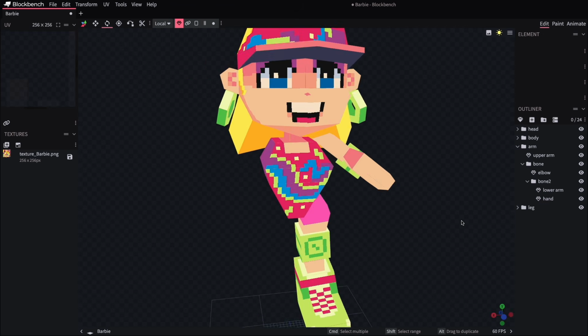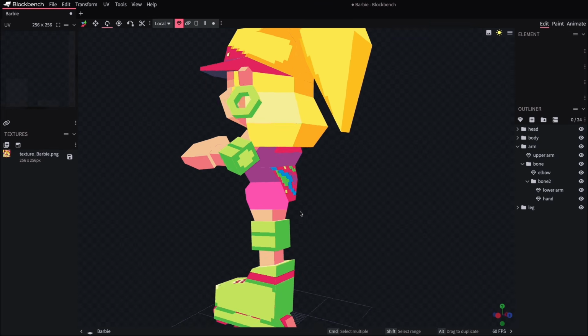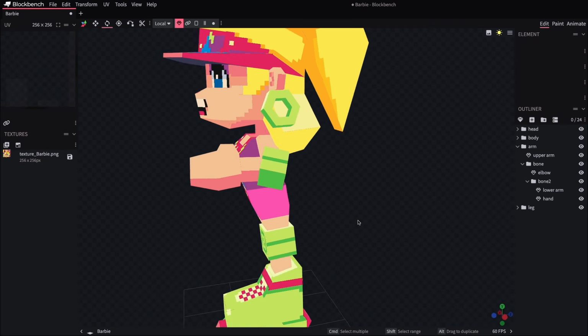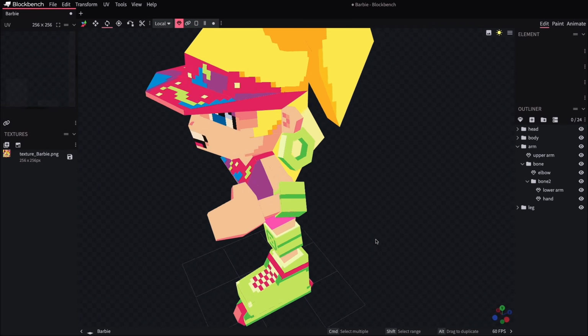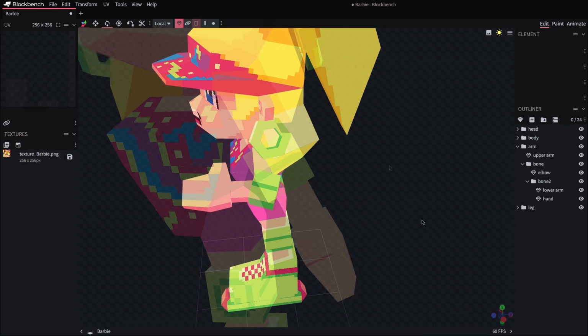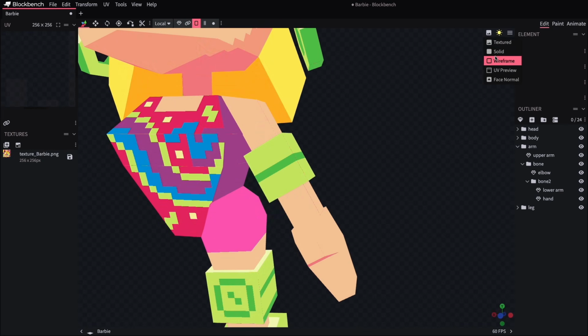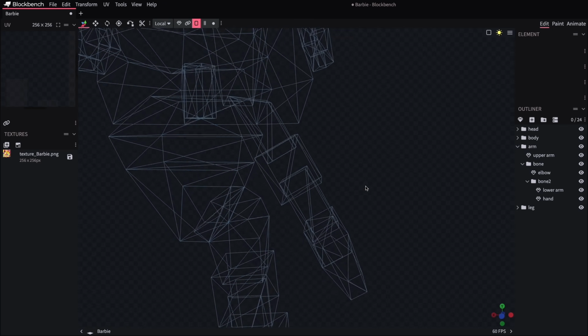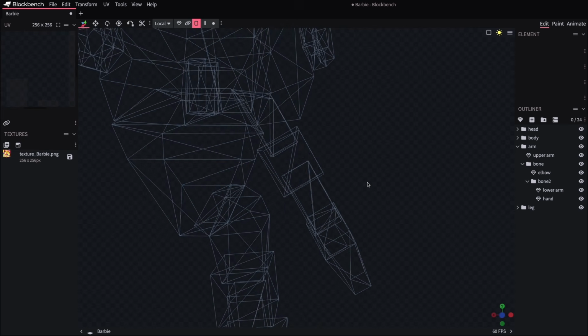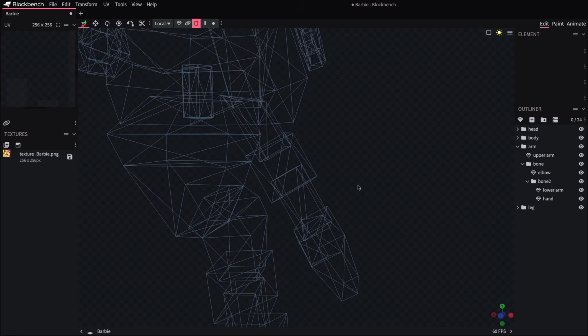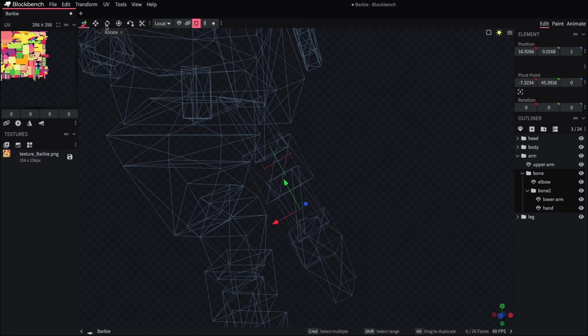Once again, it's actually sort of a bit of a blessing that she does have elbow pads, because I feel like that's sort of hiding the crimes of the arm pieces potentially clipping into one another. You can see actually what I do for this is I just have a bit of extra arms sticking into each subsequent piece. That way when you do start rotating them around, there's something that'll hide any weird gaps that